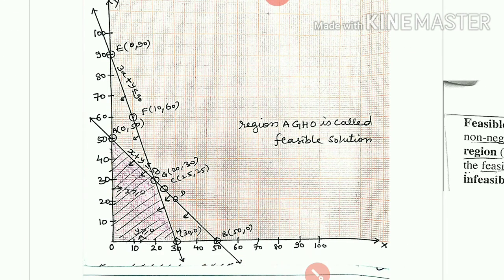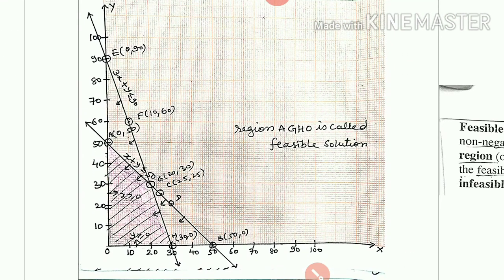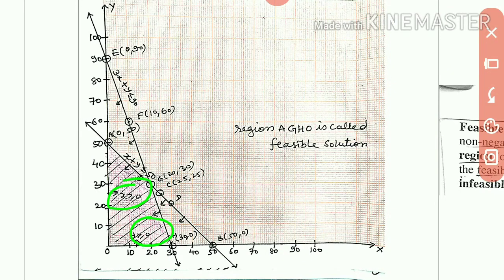You have to mark the shadow. Look here, you can mark here, this is y greater than equal to 0, and second is x greater than equal to 0. And look here, you will check all these arrows, so this combined region is the region we have, and this region is called the feasible solution.